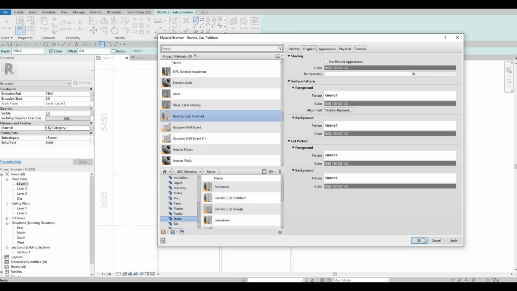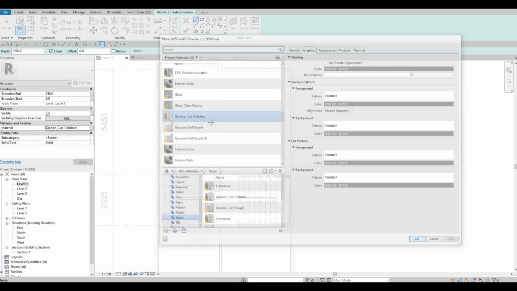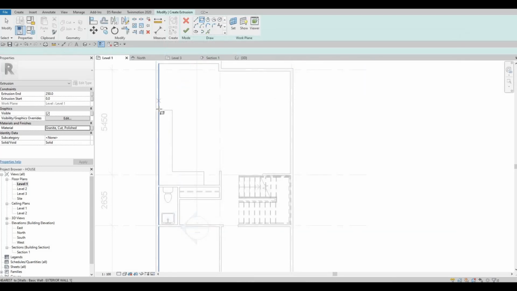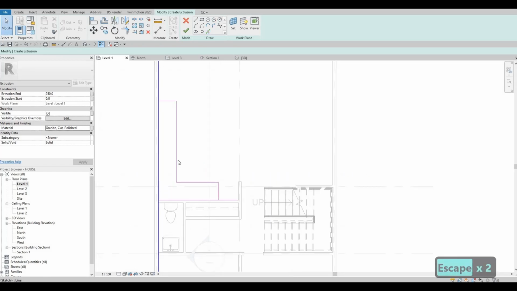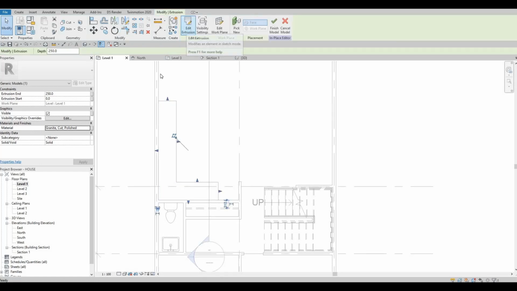So let's use granite. And then here we just need to use our pick lines so that we could go around this. And then now we could just trim it out to size and click finish, and then go back to 3D